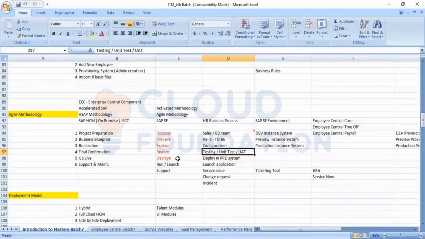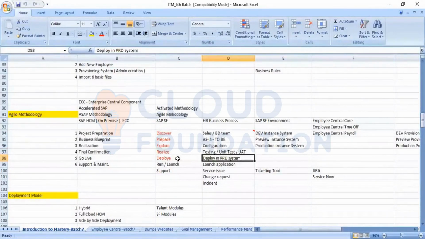We will have test cases, and each test case will be evaluated and tested, and the test results will be updated, and those test results give the confirmation to move the configuration from the test environment to the production environment.